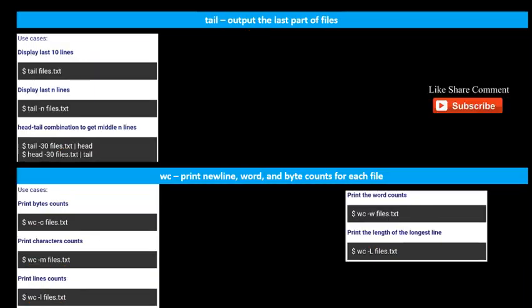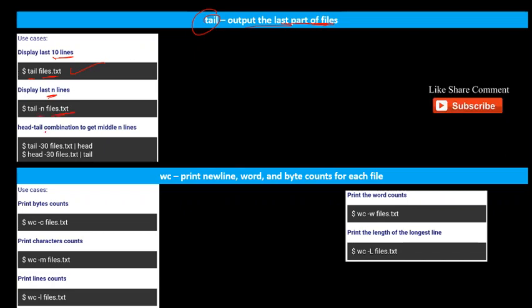And tail is also a command which is used to output the last part of the file. If you want to see the last 10 lines, you can give tail file.txt. And if you want to see the last n lines, you can give tail -n file.txt.